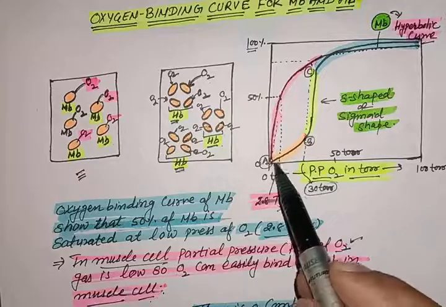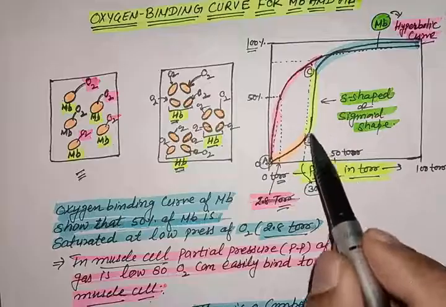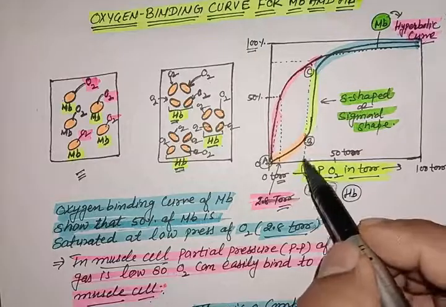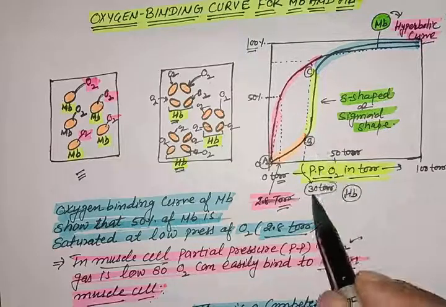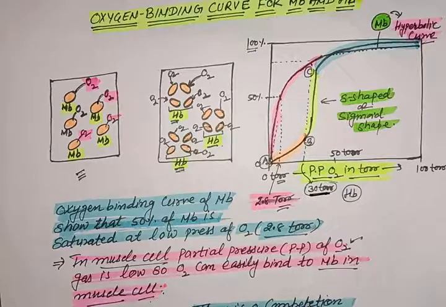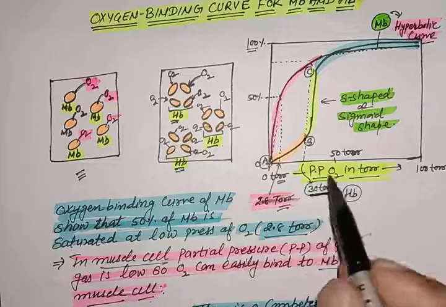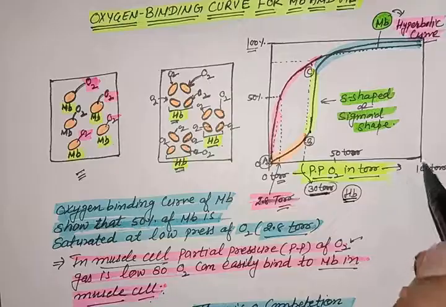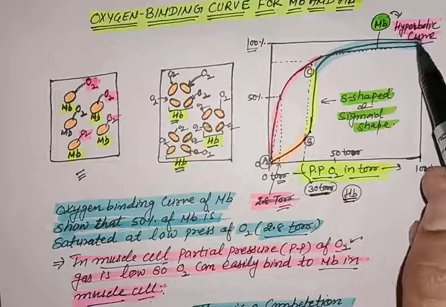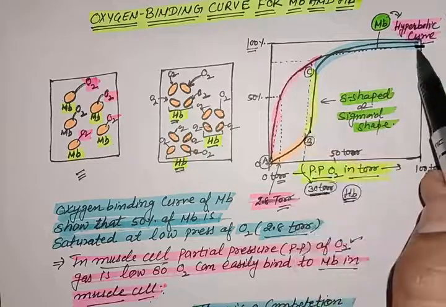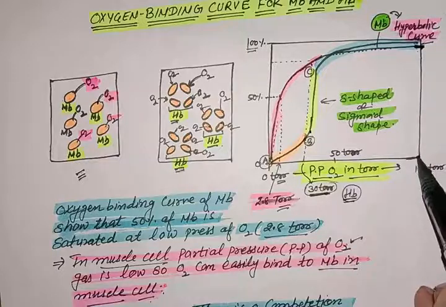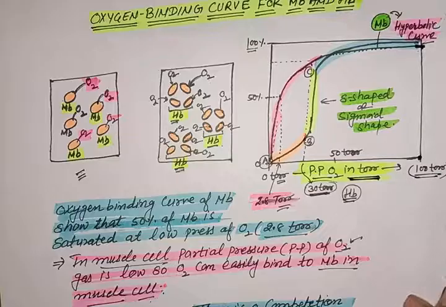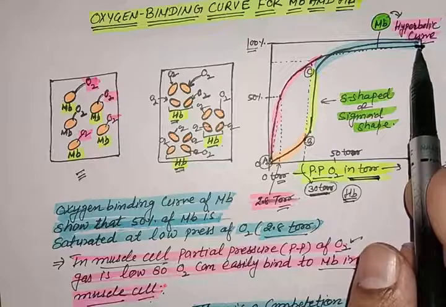From this graph, we can see that the attachment of oxygen to hemoglobin is comfortable at about 30 torr, or I can say at low partial pressure of O2, the oxygen does not attach comfortably to the hemoglobin molecules. When the partial pressure of oxygen is very high, the percentage saturation of hemoglobin is also very high. So from here we can conclude that when the partial pressure of O2 is very high, more and more oxygen will attach to the hemoglobin molecules.